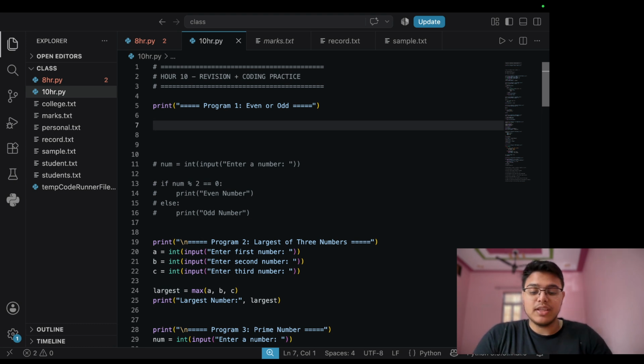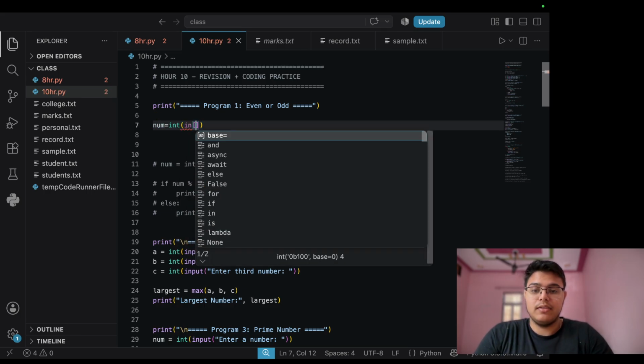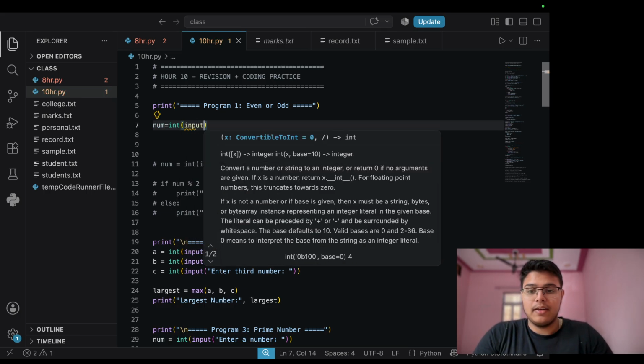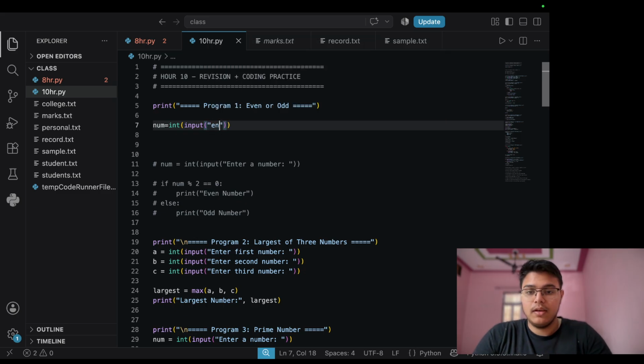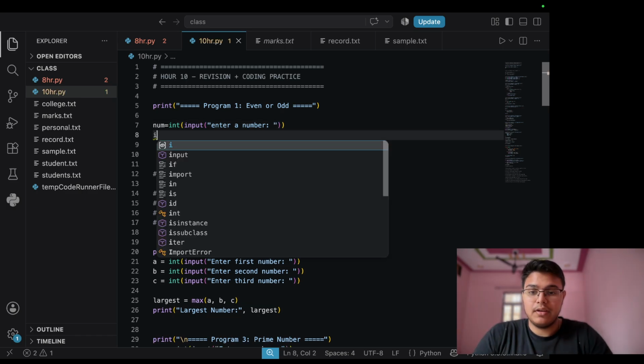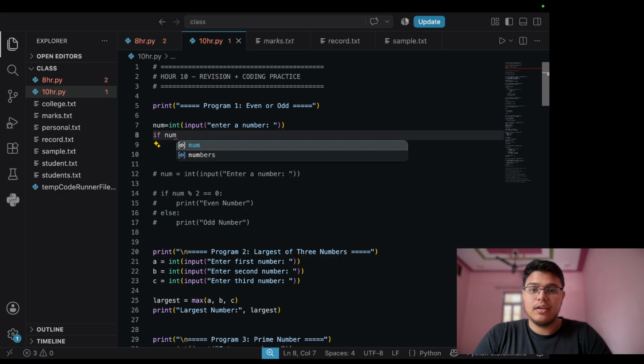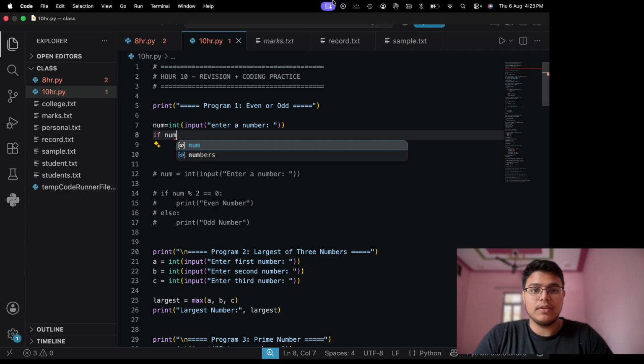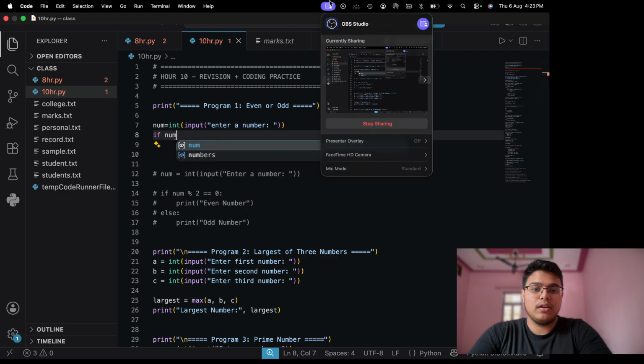So we use the same logic here, that we will take a number as an input. And we just check if the number is divisible by